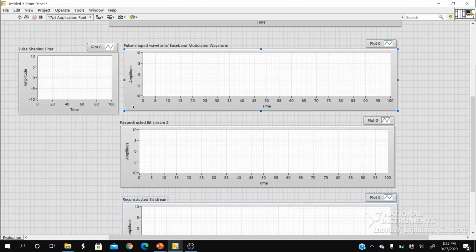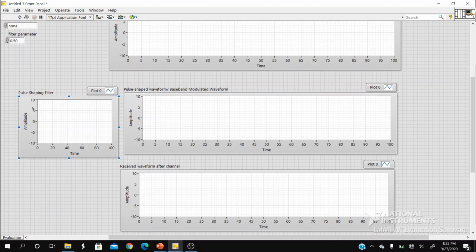Whenever you pass this waveform into the channel, what is going to happen, that we can visualize, that is received waveform after channel. So these are some of the waveforms that we will require to observe for the analysis.